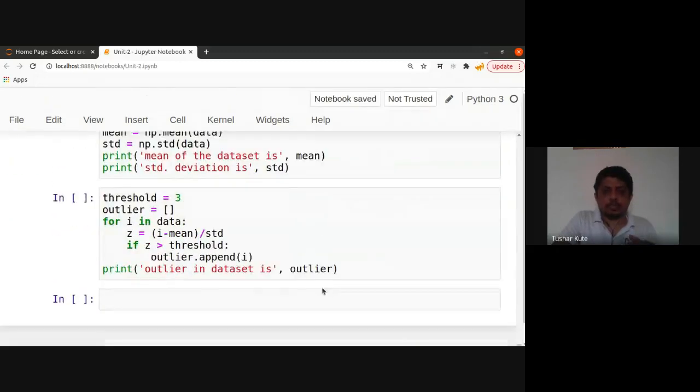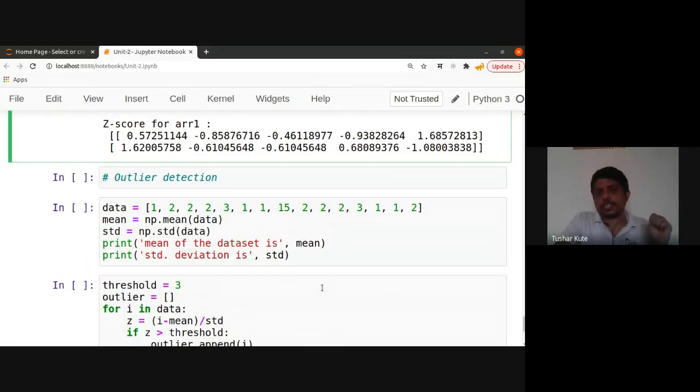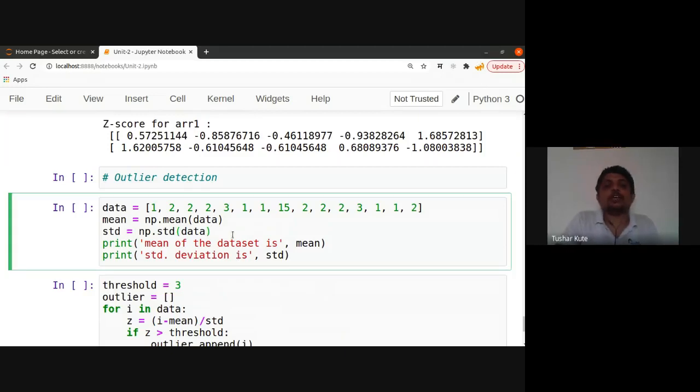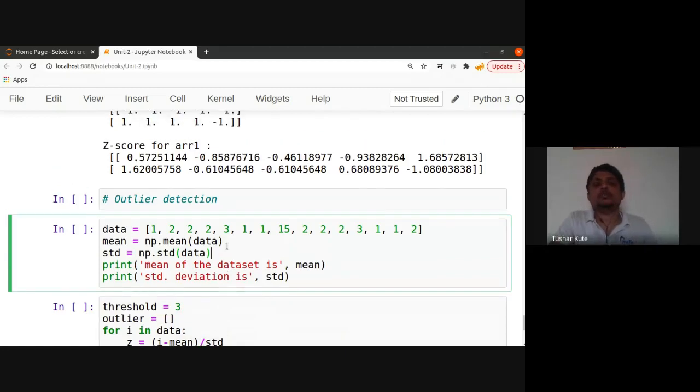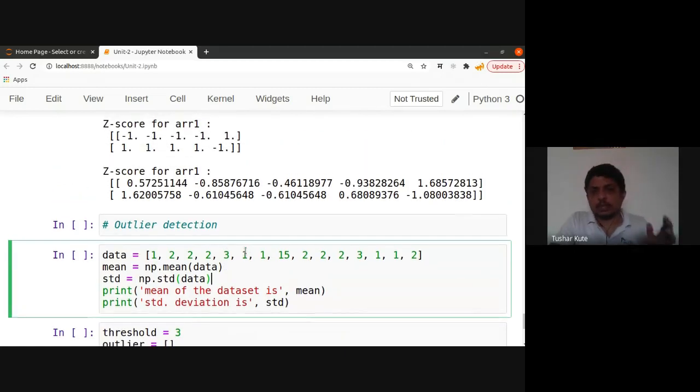Basically, it's very complex code actually, but there is an application where z-score is used. Z-score is used to find the outliers also. Outliers means an element which is not within the range, which is not following the properties of the crowd. That is called an outlier. So outlier detection is also possible by the same method, by which you can identify some threshold value. Using the threshold value, they are above or below, so accordingly we can identify the outliers. This is one of the methods used by some of the algorithms.